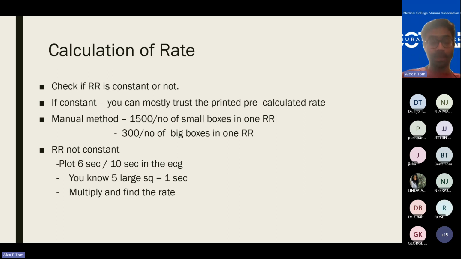So you need to basically count it out from your ECG. So what you need to do is plot 6 seconds or 10 seconds in the ECG. If you guys remember